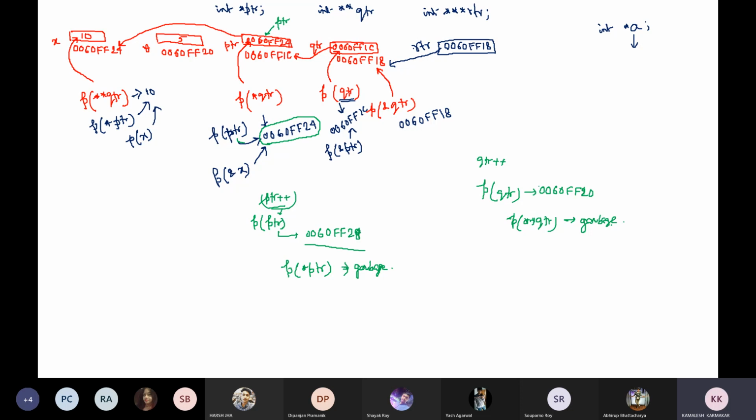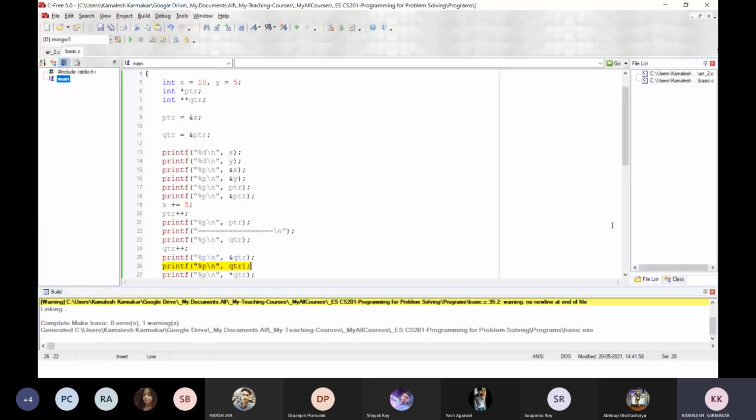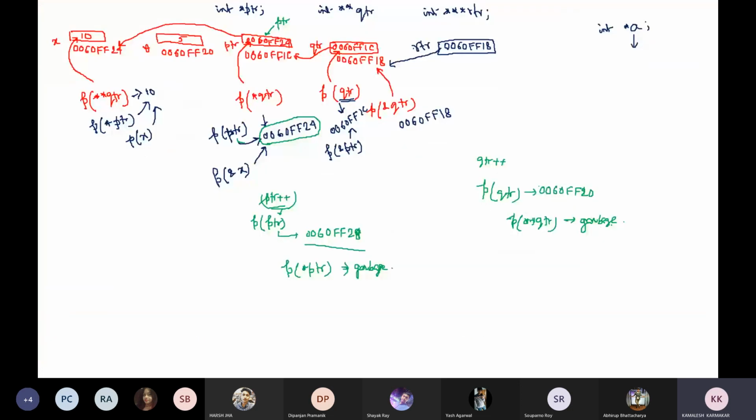Any other query? No, sir. We don't have time to start arrays, so in the next class we'll discuss how to access one-dimensional or two-dimensional arrays using pointers, because in those cases pointers are mostly used. Here we are discussing the basic concept. Like in class 11 and 12 we learned lots of theorems in physics and chemistry, but we have not done them practically.